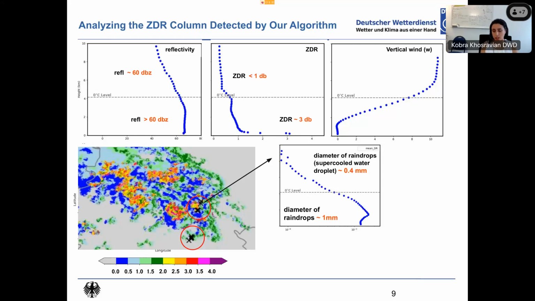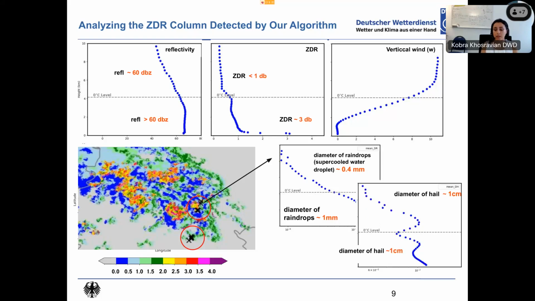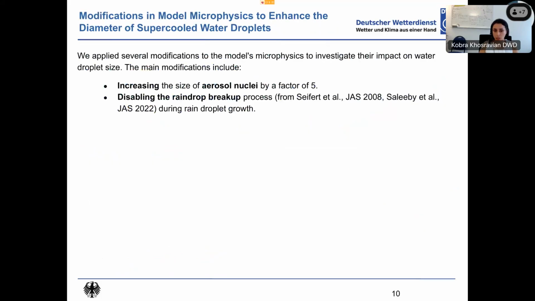And for example, if I look into the hail, you see that we have a hail bigger than 1 centimeter on the ground, and also we have a hail bigger than 1 centimeter above the melting layer, which is pretty large hail. But compared to the hail, we have very small rain droplets. So we thought that, okay, before going to assimilate the ZDR, we can probably do some modification in our model